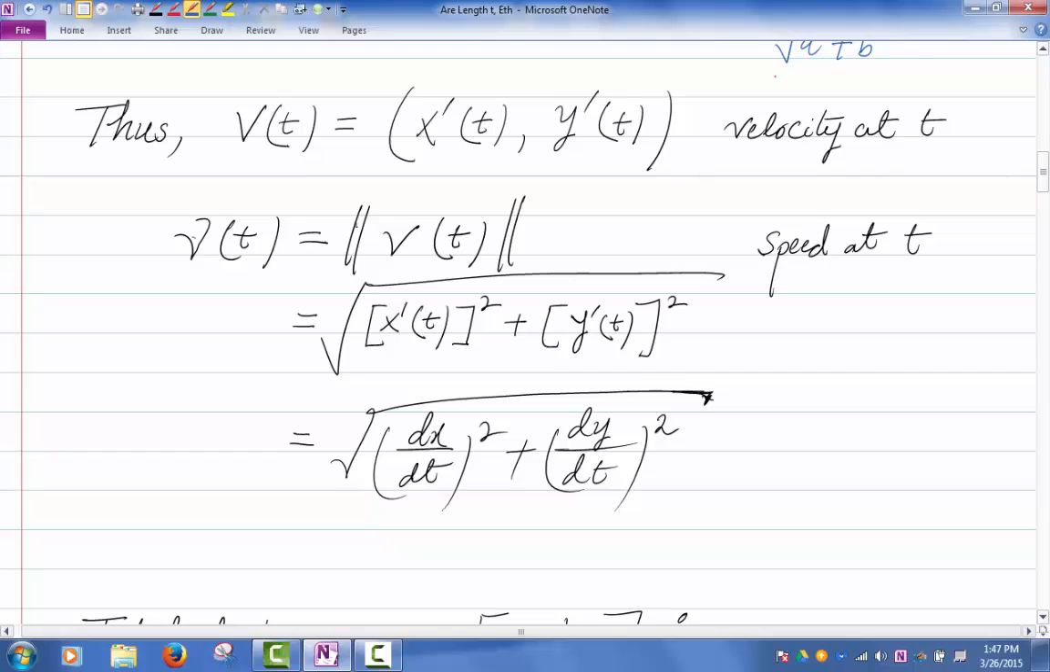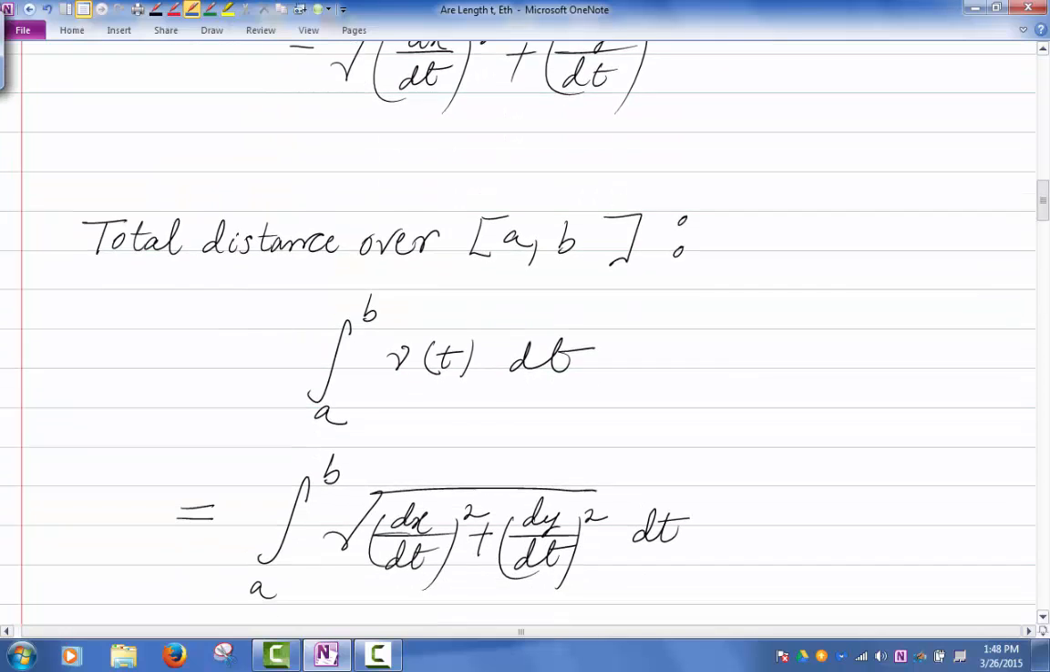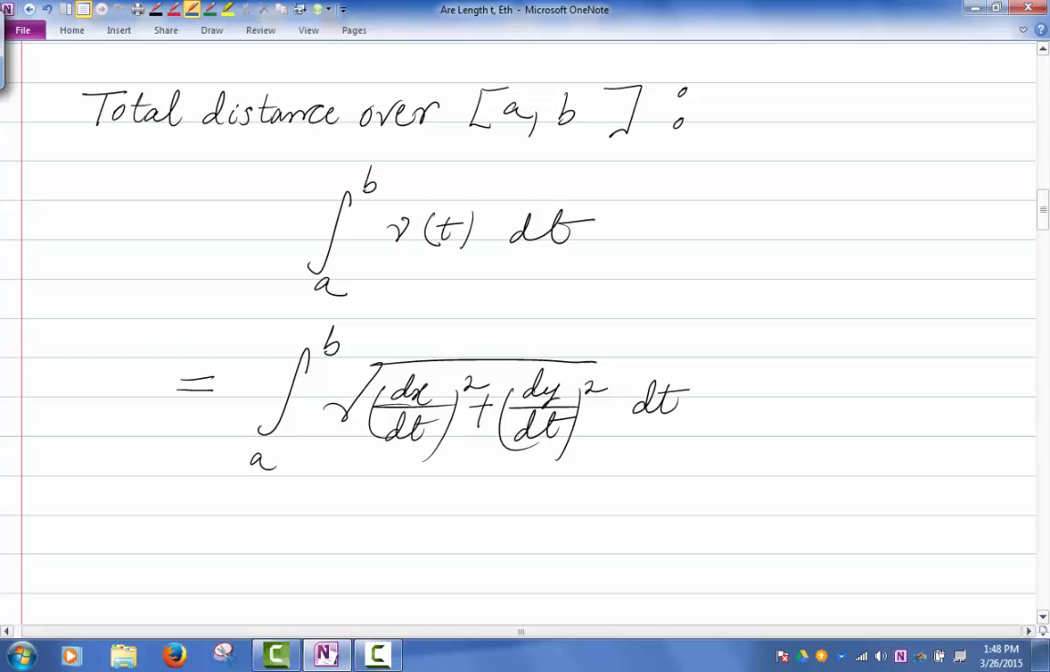What is now my question is, what's the distance covered over the time interval from A to B? What distance is covered by the bug over the time interval from A to B, given that I know the speed function, right? In Calc 1, remember we said if you are given the speed function of an object, and if you want to know the total distance covered by that object, you just integrate the speed function. So if I integrate the speed function from A to B, I get the total distance over the interval from